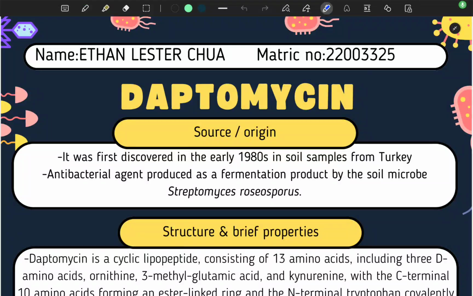My name is Ethan, and today I'm going to present on an antibiotic called Daptomycin. For the source and origin of this Daptomycin, it was first discovered in the early 1980s in soil samples from Turkey. It is an antibacterial agent that is produced as a fermentation product by the soil microbe called